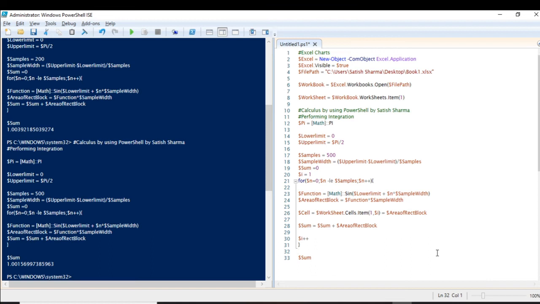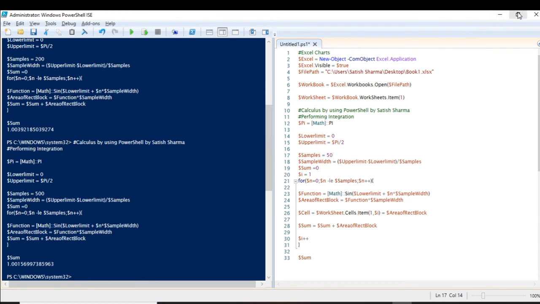Now I'll be showing you what is happening actually, the concepts. Let us see what we got if we have 50 samples. Now Excel will show you what is going on.